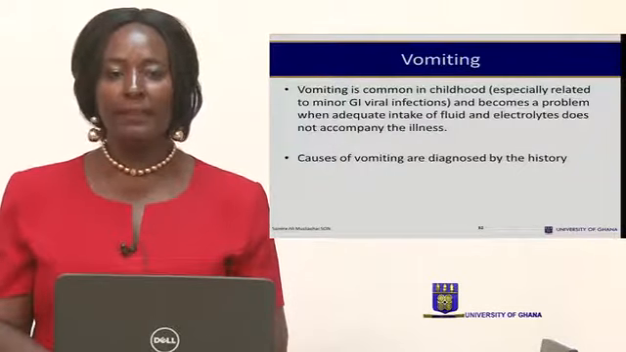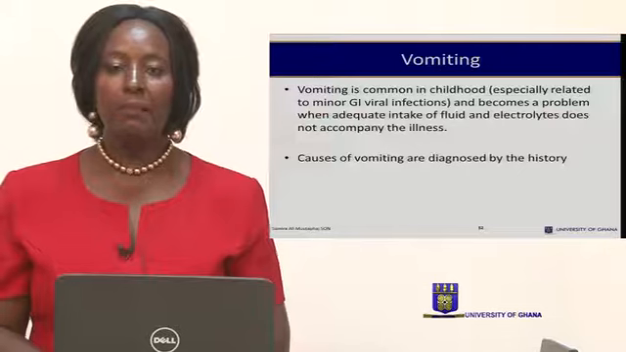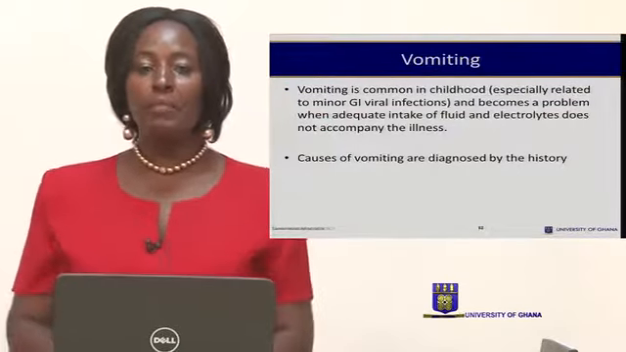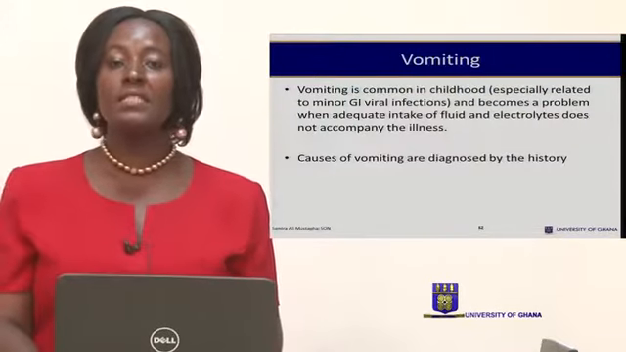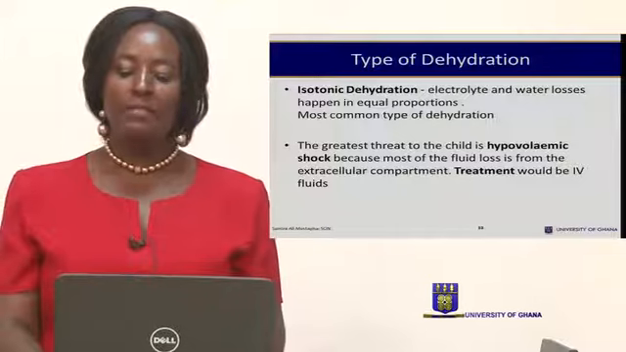Vomiting is also one. Causes of vomiting are diagnosed by history, because children also try to learn a lot from their environment by putting everything in their mouths. Therefore, this predisposes them to a lot of conditions that promote vomiting and diarrhea. So we have types of